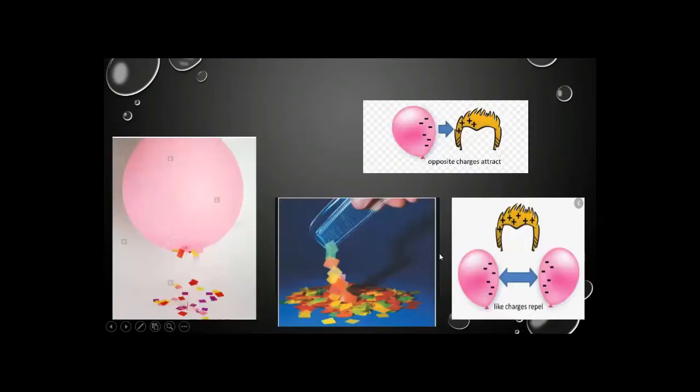Similarly, we have the electric field. As you can see, if we bring a charged balloon toward bits of paper, they will be attracted toward the balloon. And if we bring a charged comb or a charged ruler toward bits of paper, they will be attracted toward the comb or ruler. Or if we place two similarly charged balloons near each other, they will repel each other. There is no physical contact between the bits of paper and a balloon, or a plastic comb or ruler and the paper.